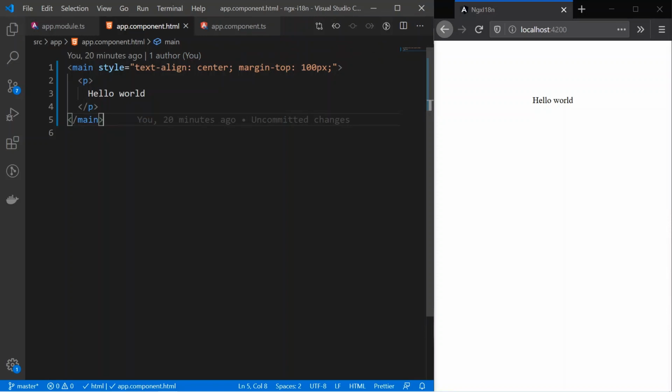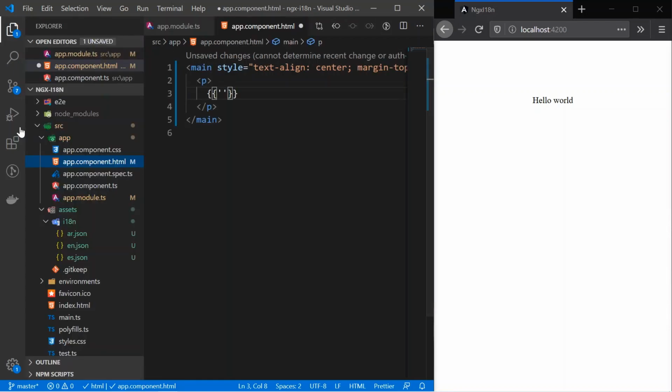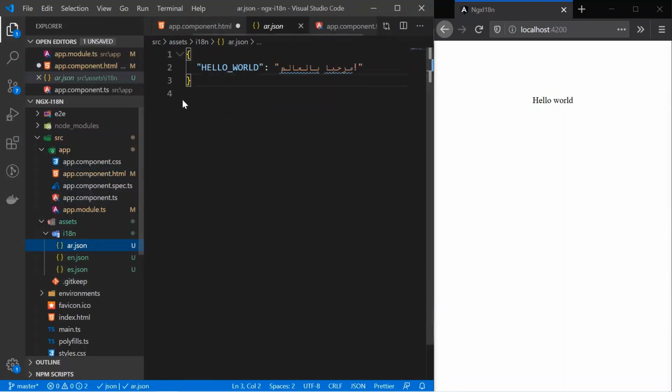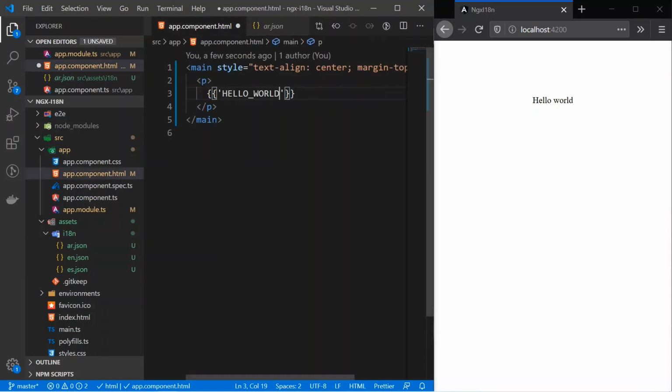So first of all, you can get rid of this and use your key. The key that we were using here, this is going to be your key. First thing is you provide that and use the pipe with translate.